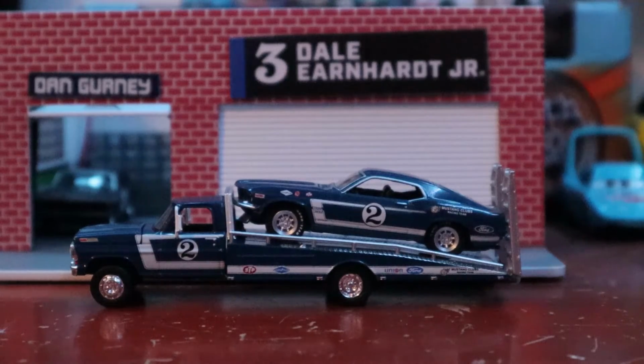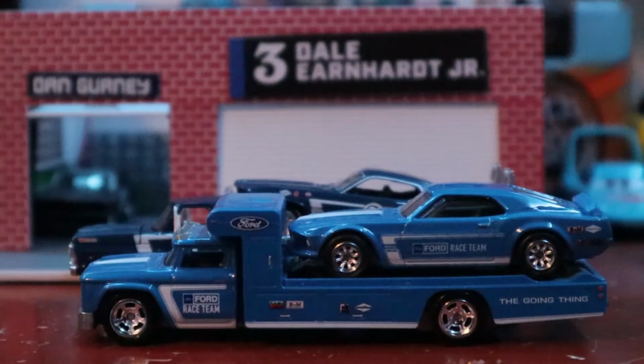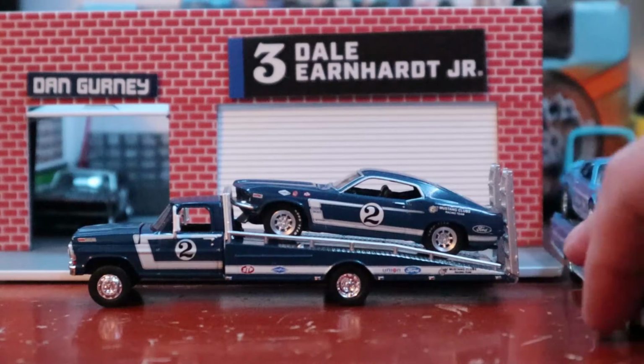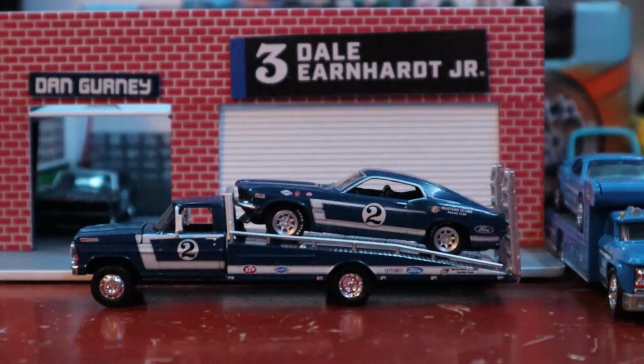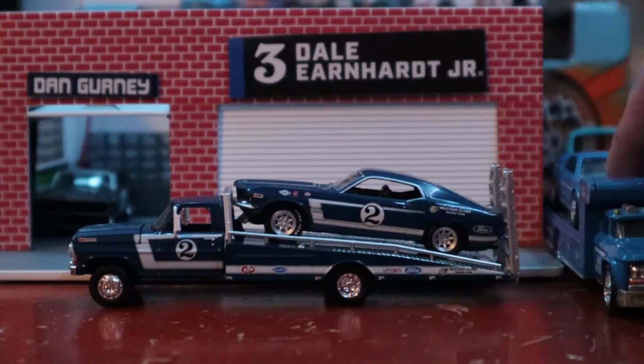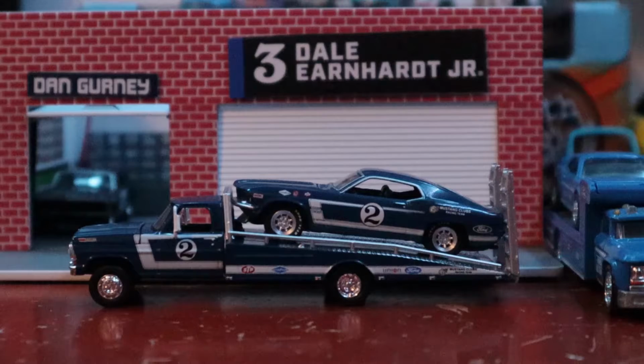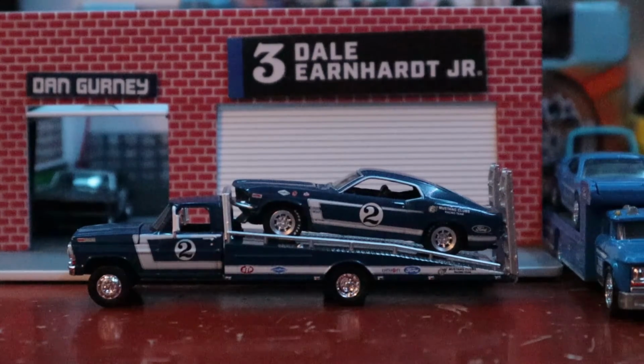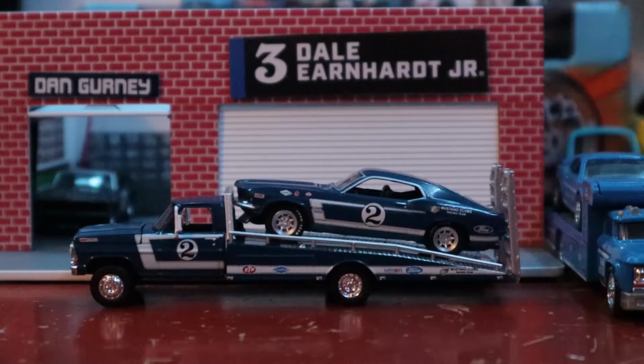You essentially have more or less the predecessor to this. And personally, I think that if Dan was having a big organization and he needed a secondary car, that would probably be a secondary right there, but that's the primary. And personally, I like the shade of blue a little bit more. I really do enjoy what Greenlight and a bunch of other companies have done when it comes to making historic vehicles. But there's a part of me that likes to pick up little bits and pieces from actual historical vehicles. And so thus we have Dan Gurney's Ford Mustang